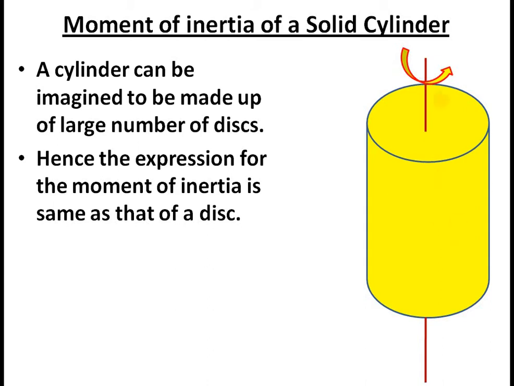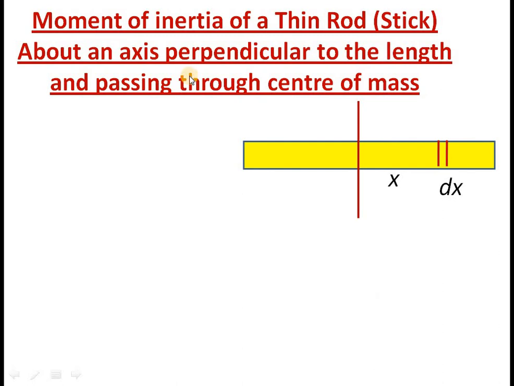So you can say that the actual expression for finding the moment of inertia of a cylinder is the same as that of a disk, that is m r square. There is no difference, but the value will change depending on the mass, since the total mass will be different. So that is what is given here: m r square by 2. Once you know this, you can easily calculate the moment of inertia of the disk with respect to any other axis.